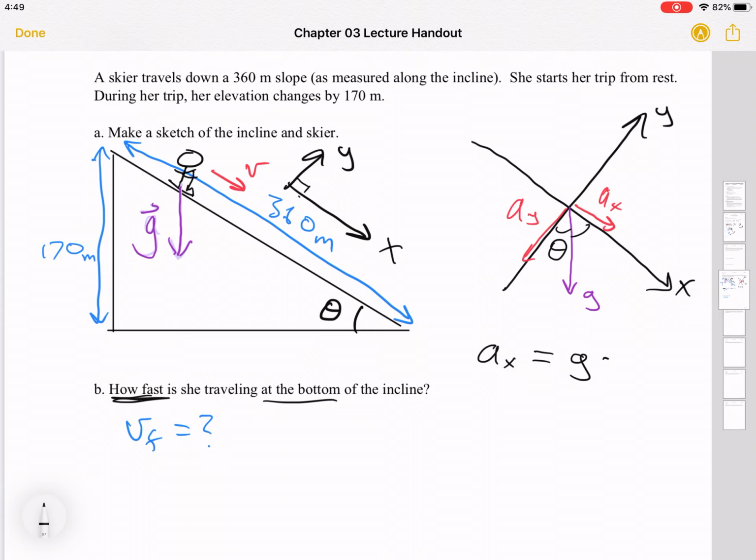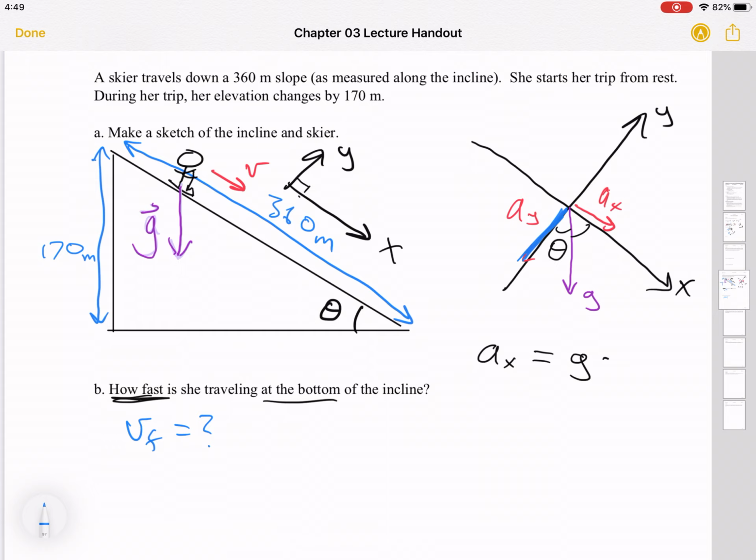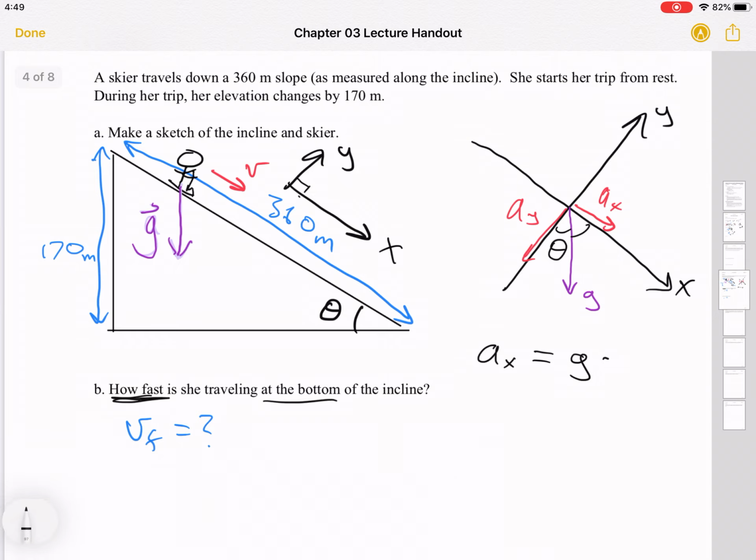Now, we're tempted to say cosine, because cosine is always what's associated with x. But look, cosine gives me an adjacent side. Let me use a different color. This is the adjacent side. But that's a sub y. The opposite side is a sub x. There's my a sub x. Right? So I actually need sine, not cosine. So this is an example of one of those times that just associating cosine with x blindly, right,